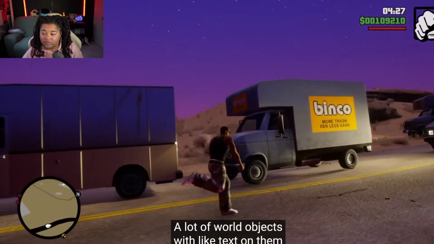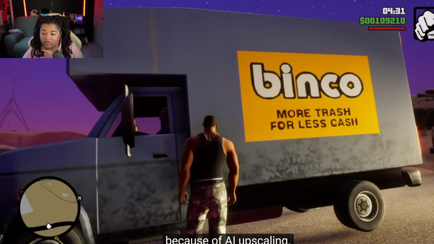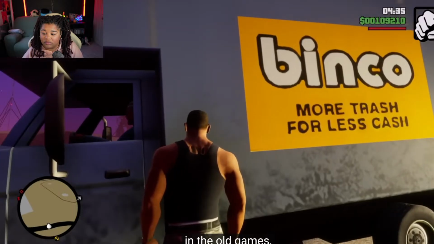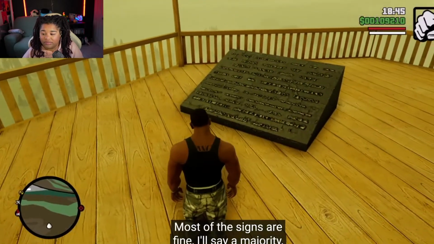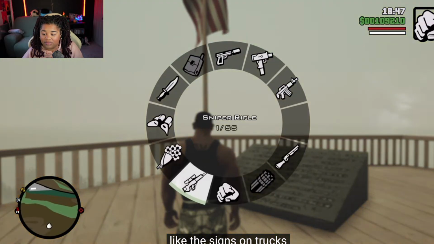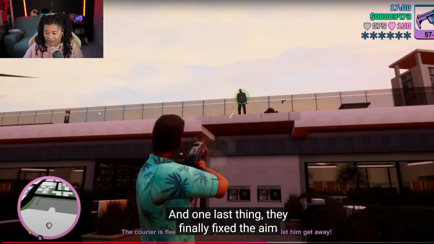Not all of them though. A lot of world objects with text on them are still garbled and unreadable because of AI upscaling. A lot of this stuff used to be readable in the old games, but now it's just kind of nonsense. Most of the signs are fine, I'll say a majority, but some of the smaller stuff like the signs on trucks are often messed up still. And one last thing, they finally fixed the aim while...